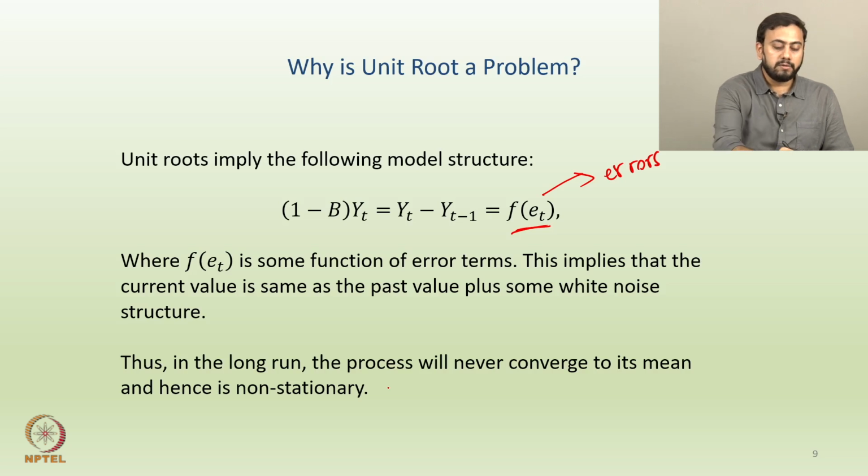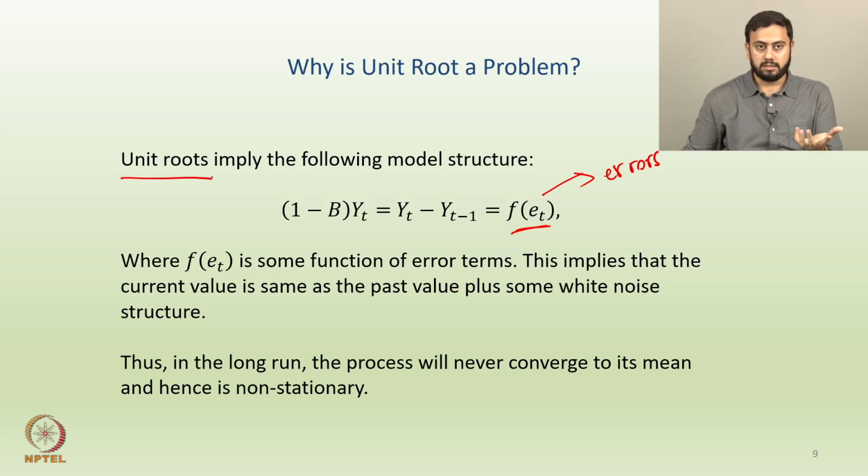So, whenever you have a unit root in that polynomial structure or polynomial equation, if you observe at least one unit root, then the process has to be non-stationary because of this simple reasoning: the current value depends on one past value through some errors. The current value is the past value plus some random errors, and what exactly those errors would be, nobody knows. So, past value plus a bunch of errors gives me the current value. In the longer run it would never converge to the mean, because the entire process depends on those random errors, and hence the unit root is a problem.